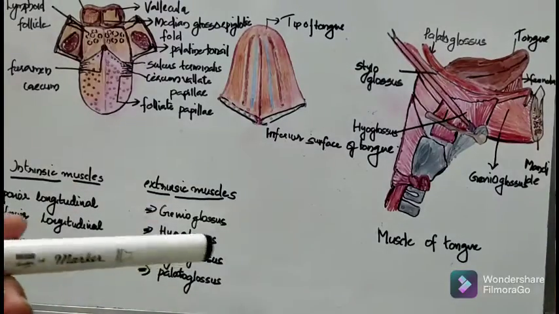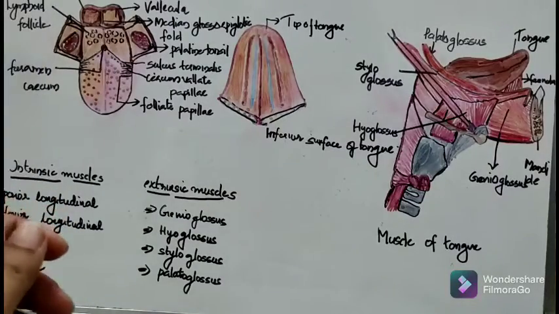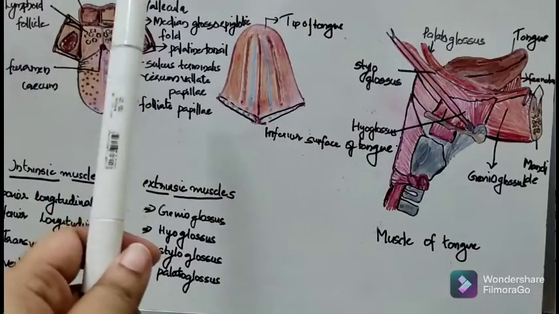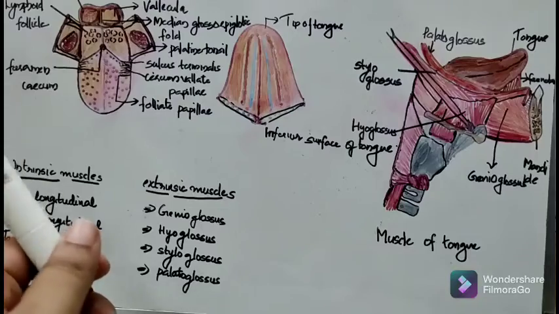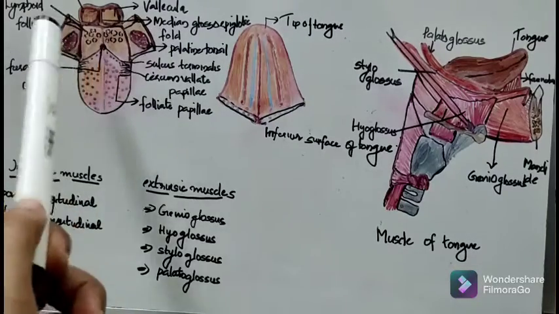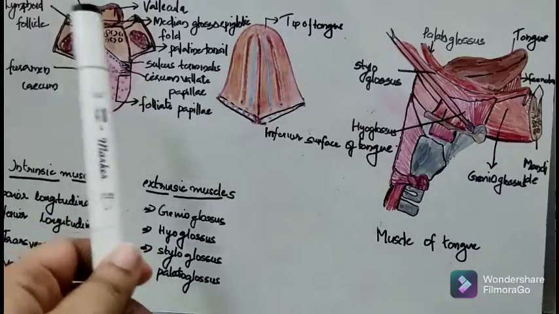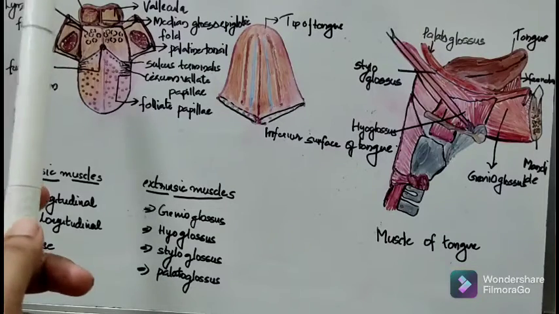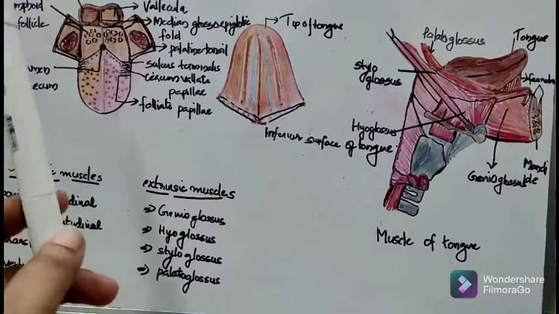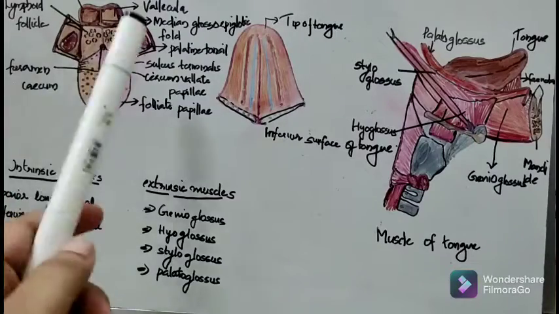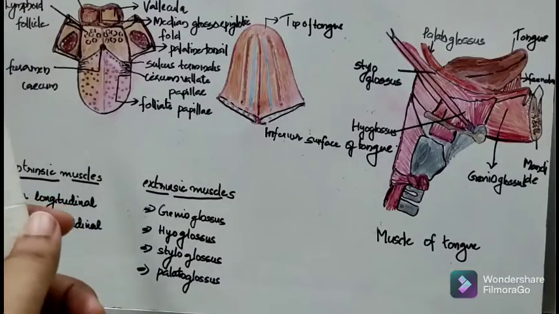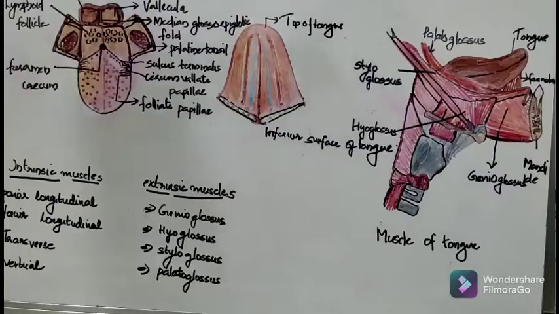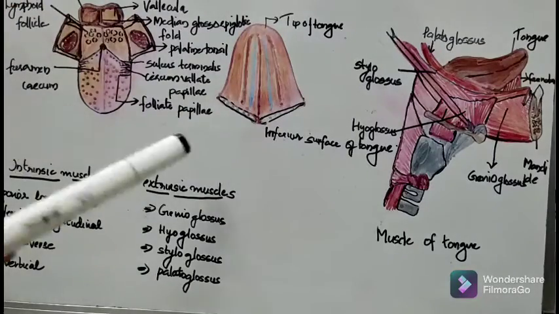Now we will discuss the blood supply, nerve supply, etc. The arterial supply of the tongue is from the lingual artery, which is a branch of the external carotid artery, and the root of the tongue is also supplied by the tonsillar artery, which is a branch of the facial artery. So these are the main arterial supply. And the venous drainage, we have already discussed, is mainly to the deep lingual veins.